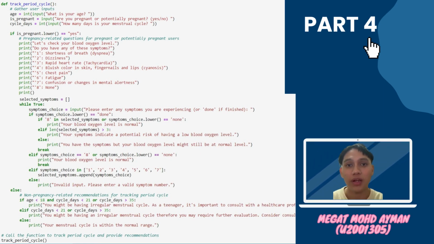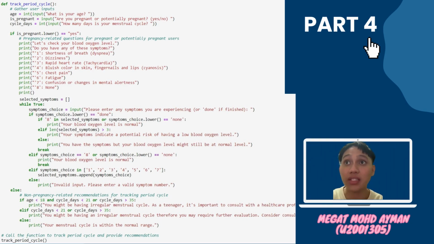So in this part, we are calling up a function, the track period cycle function, that focuses on the evaluation of the user's blood oxygen level if the user is defined as pregnant. So we gather the user inputs like the age, the pregnancy, and the cycle days of the period. So if the user enters yes, which indicates that the user is pregnant, so we're going to check their blood